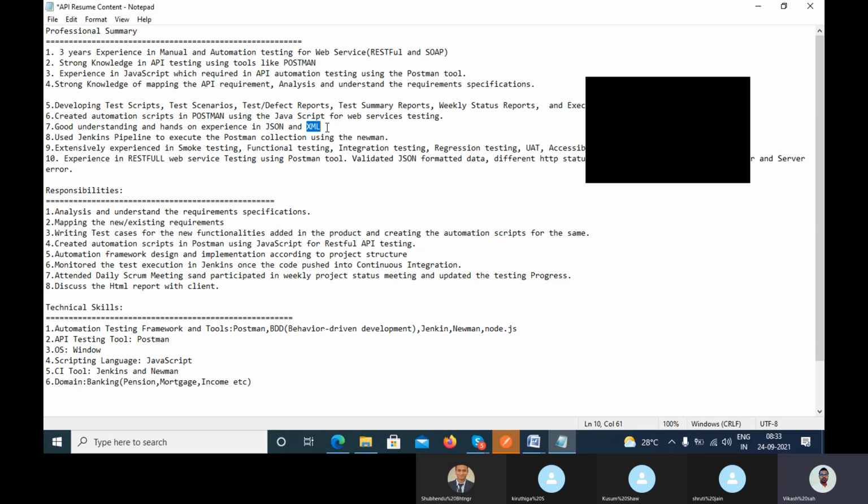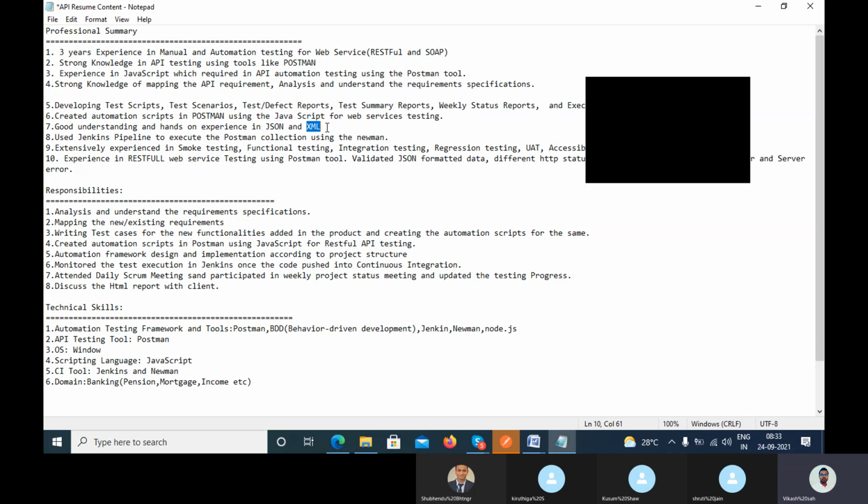In the XML, the developer has provided the WSDL file. Using SoapUI, or some other tool, you have imported that file, and now your XML file gets imported.